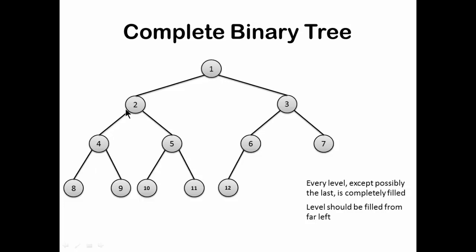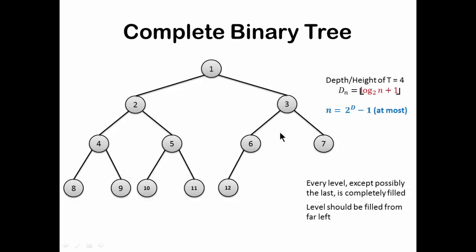So 1, the first child it has is 2, then 3, then 4, 5, 6, 7, 8, 9, 10, 11, 12. Here you can take these as values, and you can also take this numbering as the order in which these nodes are added to the tree. So this is the first node, the second node, the third node, then the fourth node. In every level, I'm starting from the extreme left and then populating through the right-hand side. Fine? And every level has got a restriction also.